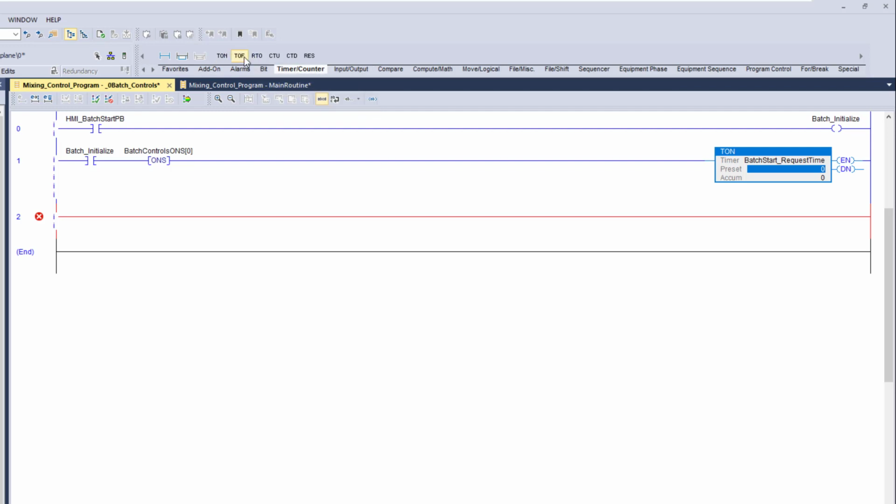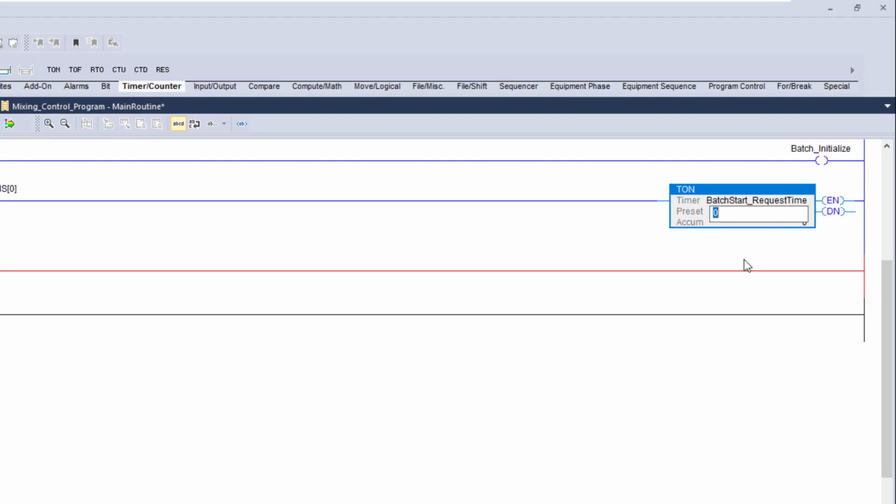Now the opposite of that, let me see if I can get it to pull up. If the timer off, as soon as the bit falls inactive, then it would actually be active, right? So just to show you that. And the timers in ControlLogix, in Studio 5000 or in RSLogix 5000,